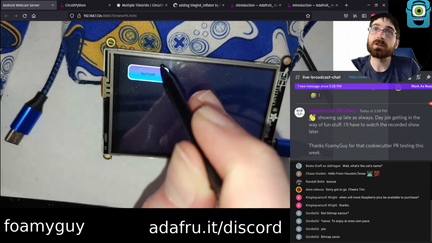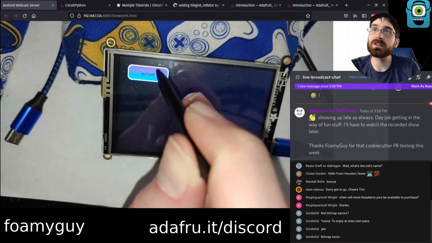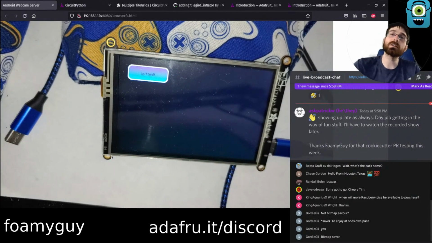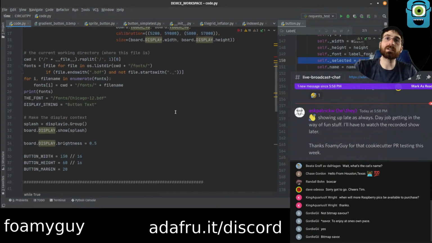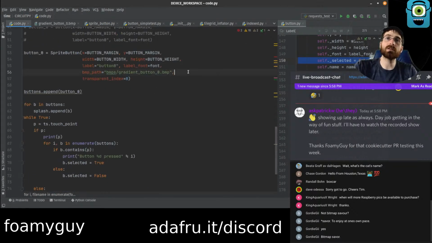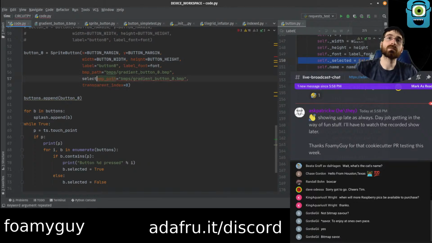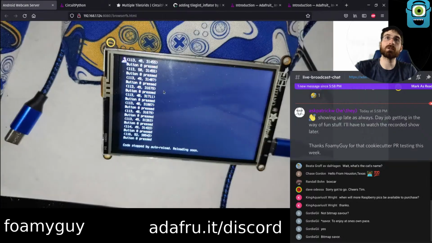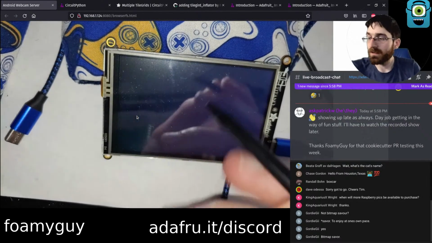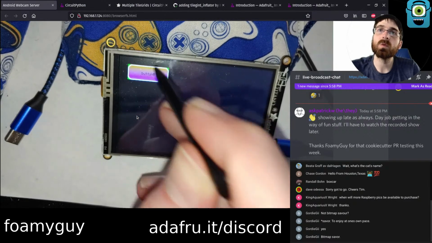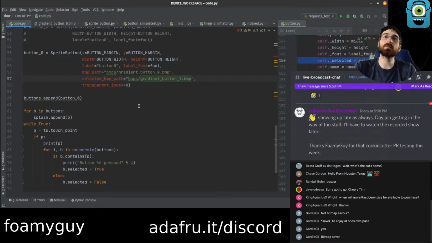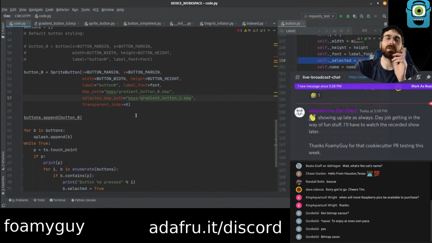Oh, there we go. So our text changed to white when we pressed, which is kind of a nice effect. Actually, I do like it. The bitmap didn't change, because we didn't actually pass it. So we just go here. Boom. I already have another one of these called 1. Boom. There we go. Oh. Didn't go back, though. Didn't go back. And also the transparent, we still need to do.